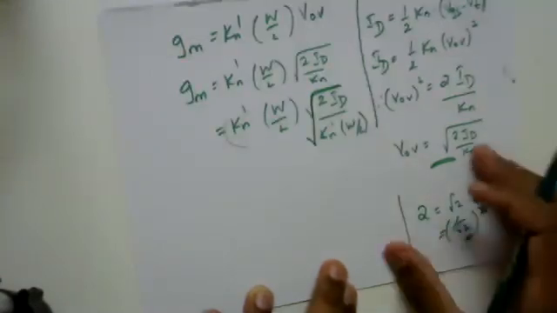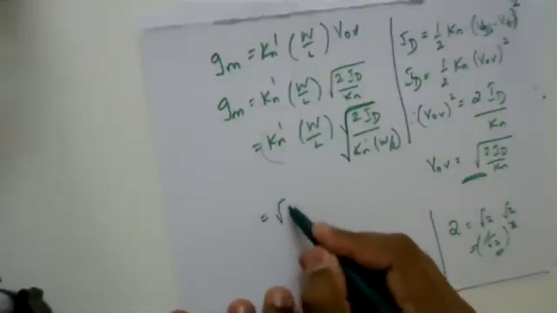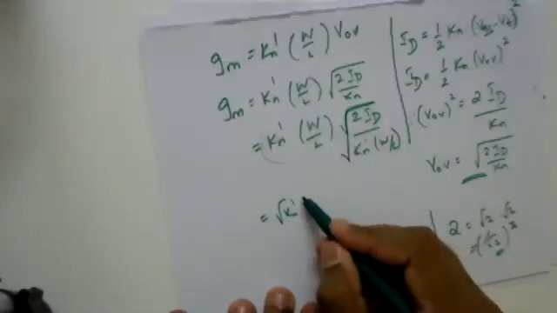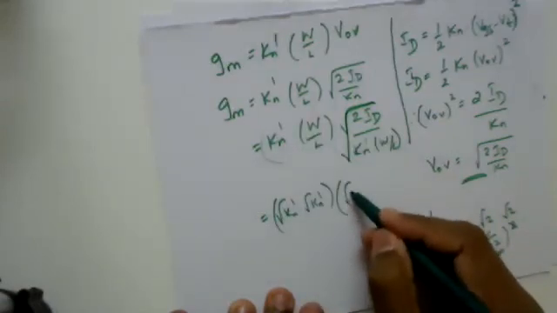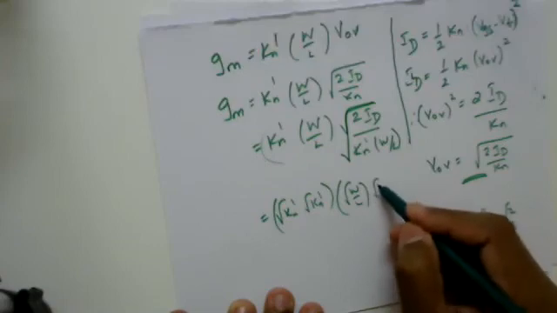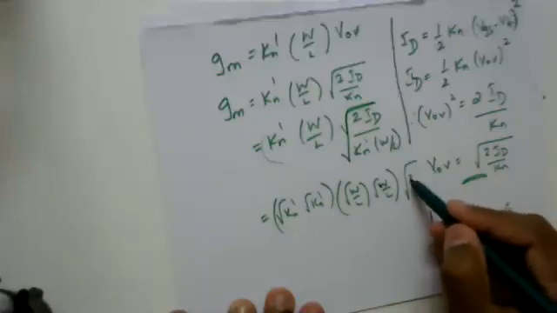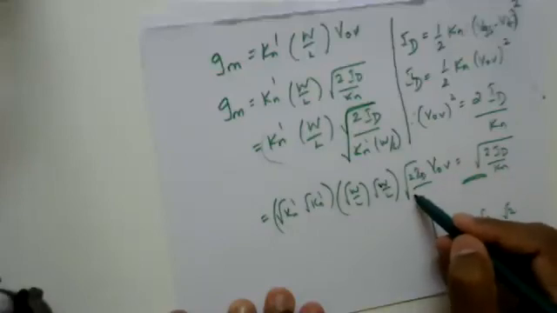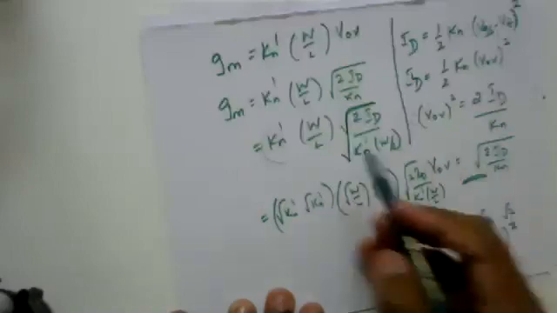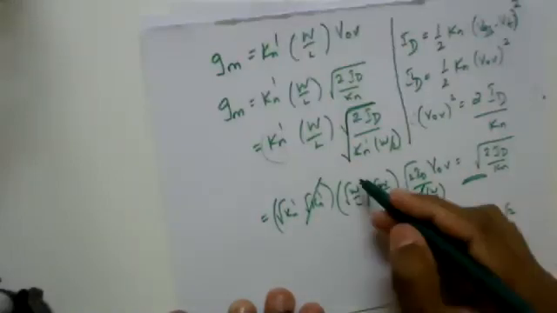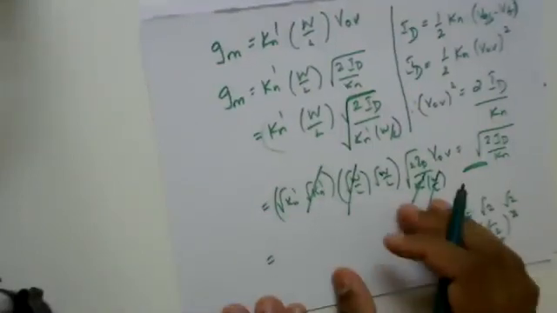With this fundamental, I can write this Kn dash into W by L as root of Kn dash into root of Kn dash, and root of W by L into root of W by L, and this term as it is, square root of 2 times ID divided by Kn dash into W by L. So what happens here? One Kn dash gets cancelled, one root of W by L gets cancelled, giving out the expression,